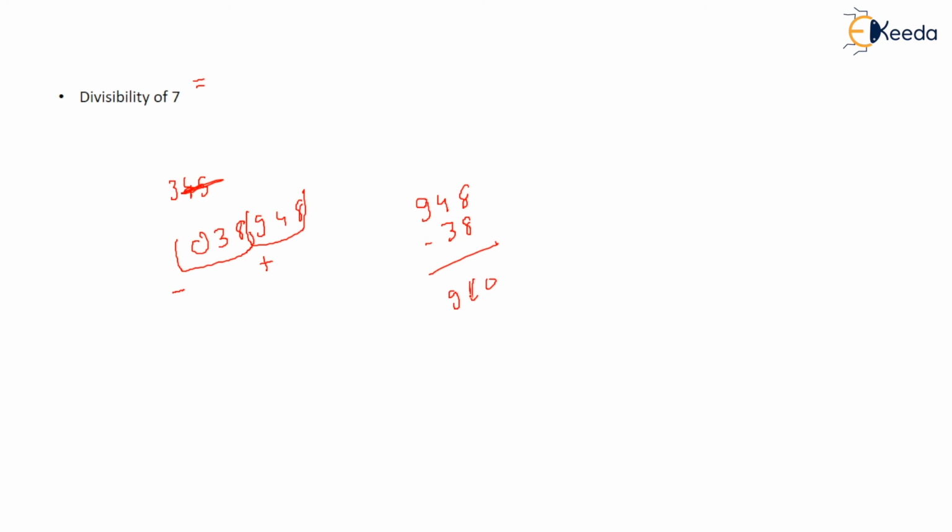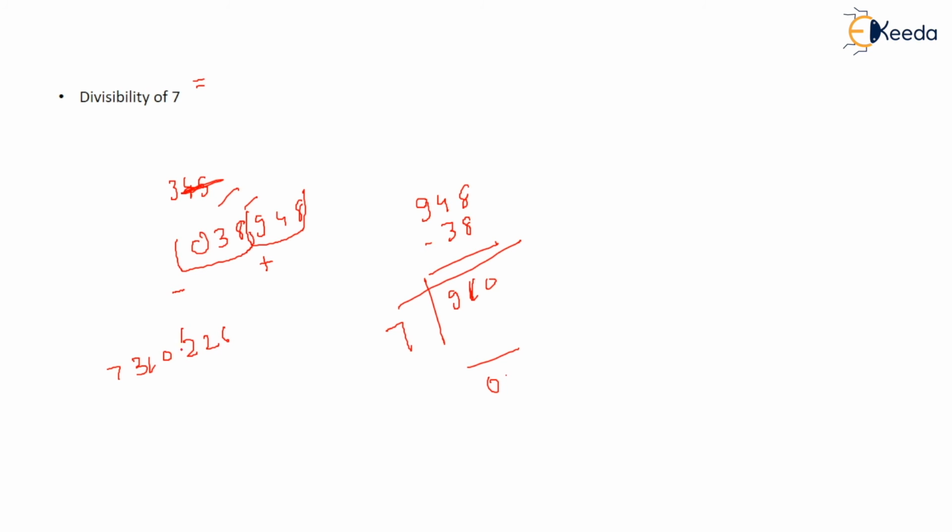So you have to check whether 910 is divisible by 7 or not. After dividing, you find that yes, it is divisible. So the remainder will be 0. This is a very simple rule that you can follow, very easy as well, right? No need to take a lot of care or anything. So we see another question on the basis of the same.